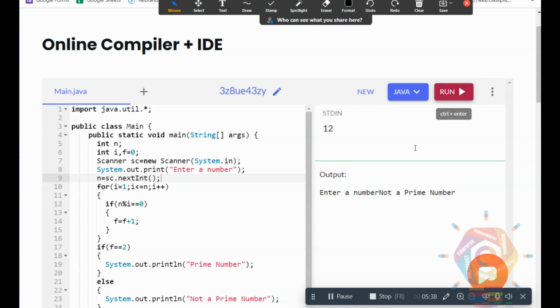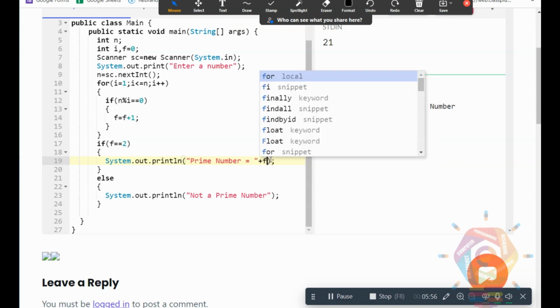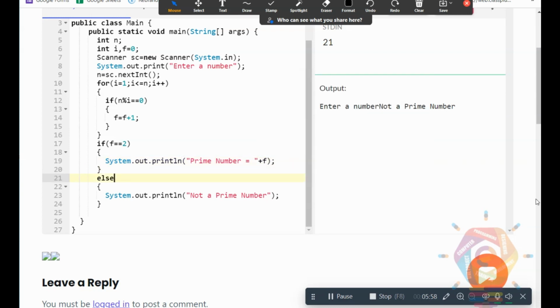Again, we have checked for 21. Let's go for 21. It's also not a prime number. And for our simplicity, we can print the number of factors also. So if I write f here, and here also if I write f, we could have a more precise idea of what we are actually getting. Okay, so if I execute it again,